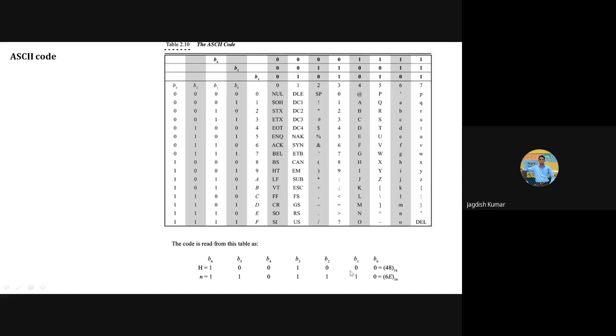Does it? Yes, it should. You have to make sets of 4 bits. So this is nothing but 8, and this is nothing but 4. So 48. This is easy to convert. Okay, what is small h? Waiting for your response. Look at the table and then type what small h should be in the ASCII standard.